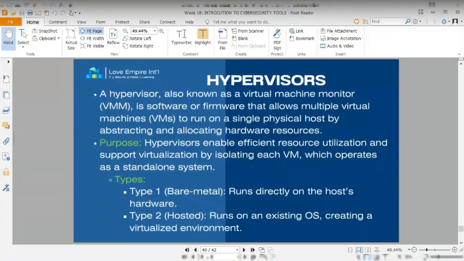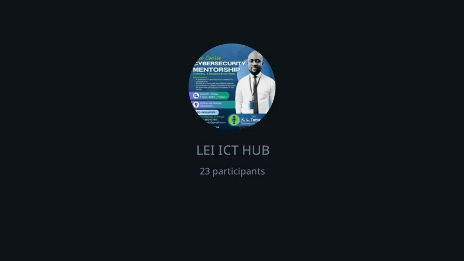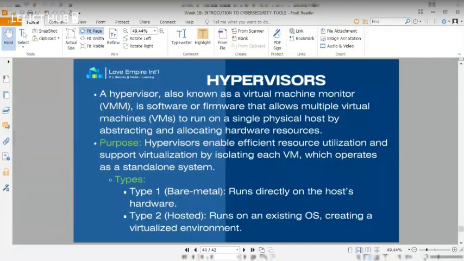After this, I'll show you how to install Kali Linux on your system and how to run it. So 7 p.m., we're back to continue our class. We'll continue from these hypervisors. I will explain what